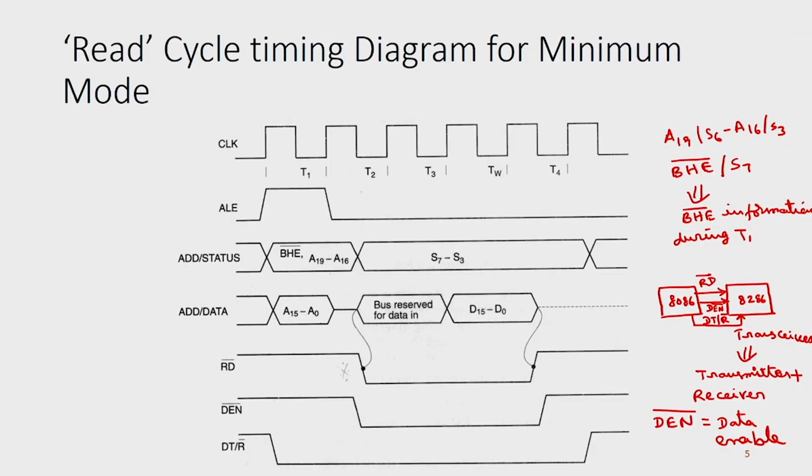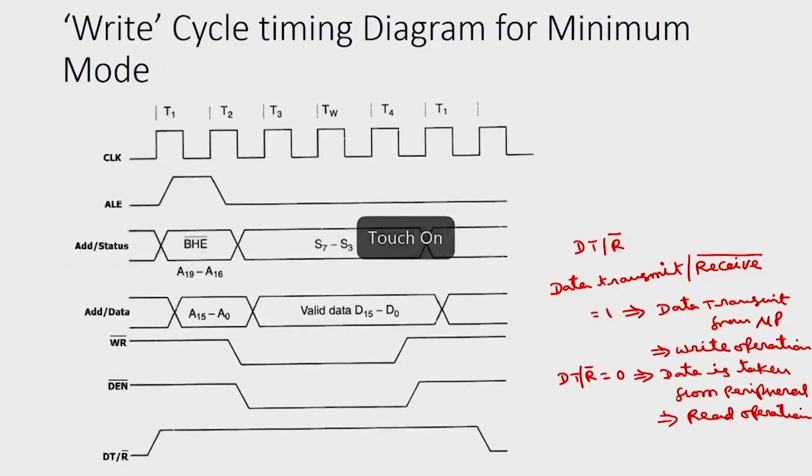Here read bar will be there, DT by R bar will be low. So in case of write cycle, DT by R bar is high, this is the write bar signal, whereas DEN bar goes low a bit earlier than that of read cycle. This is about the functions of DT by R bar, DEN bar, read bar, write bar. For read operation, read bar should be 0. For write operation, write bar will be 0. So this will complete the functions of DT by R bar, DEN bar, read bar and write bar, 4 signals